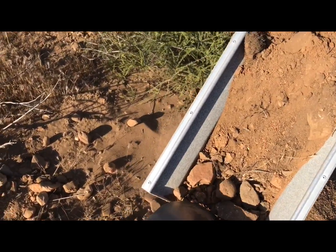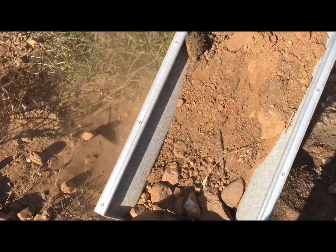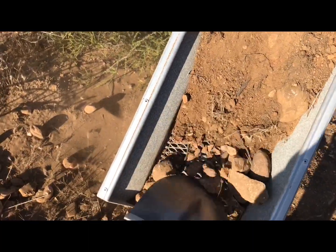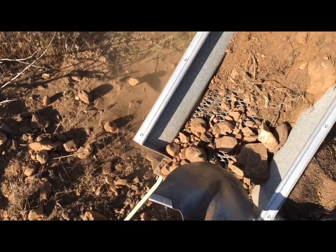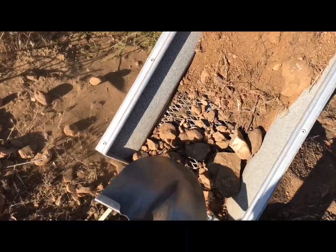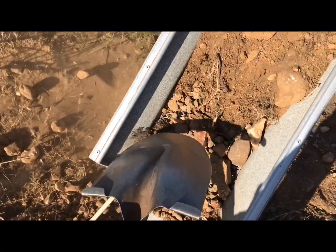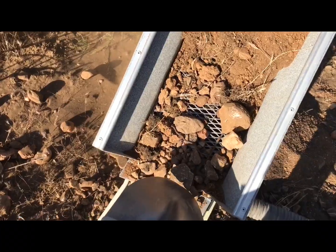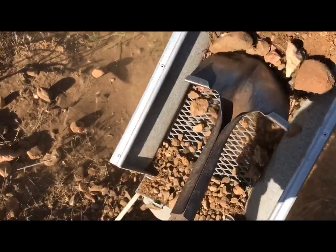All right, so what we're kind of doing here is we're using the hopper. We've got a multiple number of different ages of material in that hopper. You've got organics, and you've got the cobble, the river agate, the white quartz, the larger stones. And the idea here on the dry washer grizzly is to sort of let the material rub against each other and itself on that grizzly, and you're sort of grinding the material,